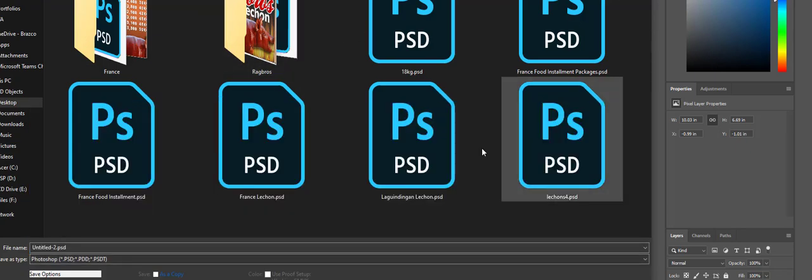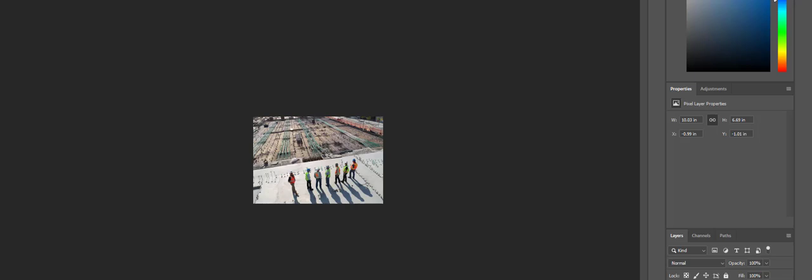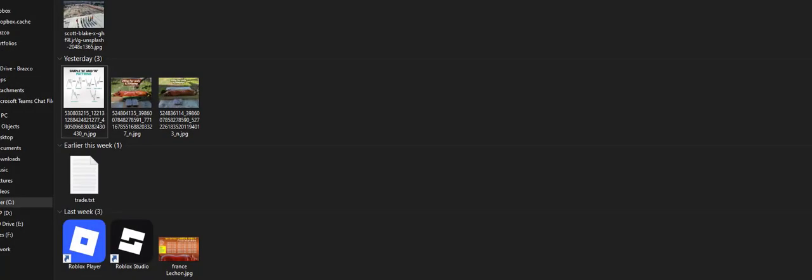Let's check again the size of the image. It is 721 KB. Our goal here is to make this 300 KB or 100 KB.